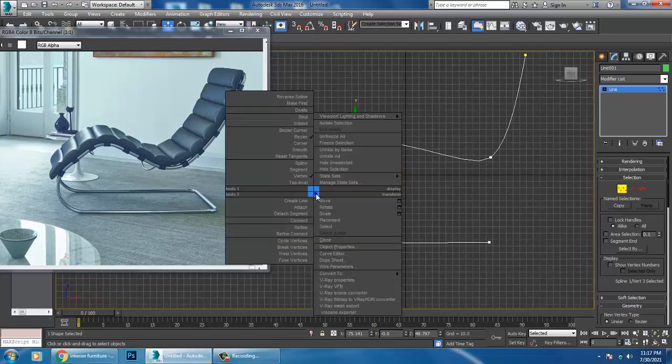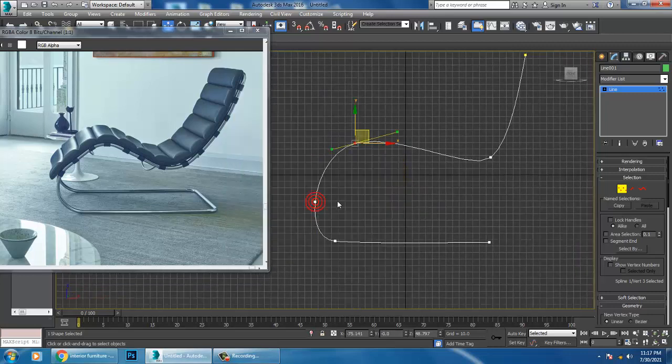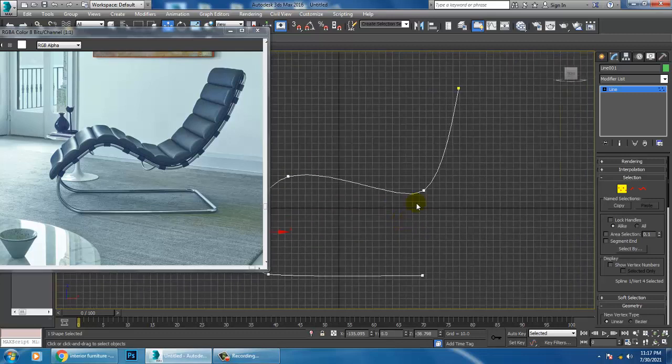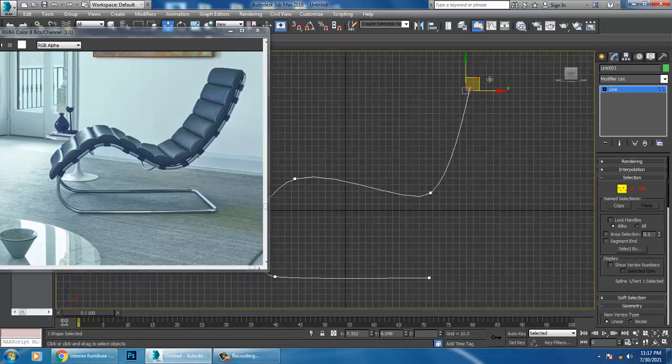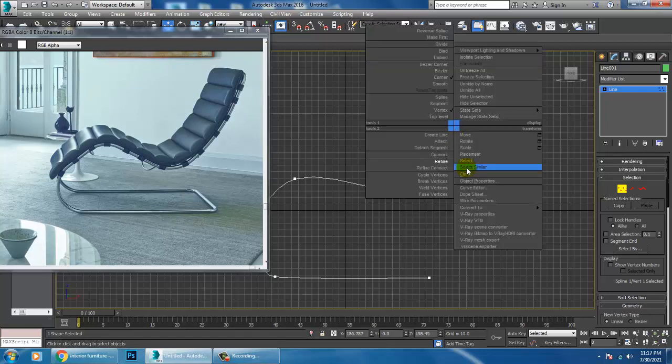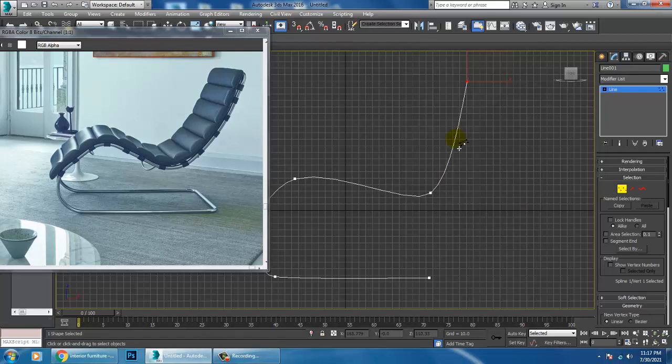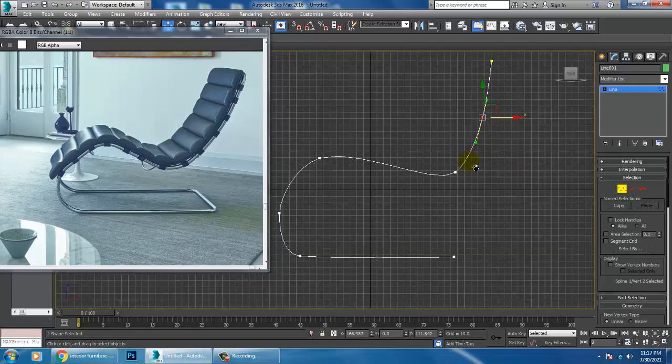Right click, refine it. Slightly you can refine that. Again go into that, refine. I can add some points over here in this way.